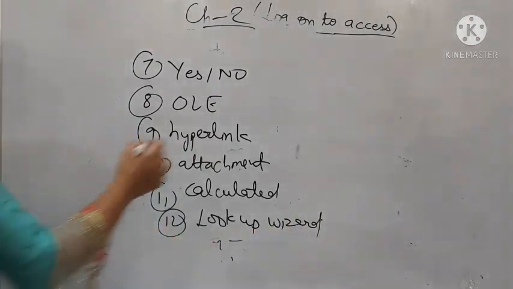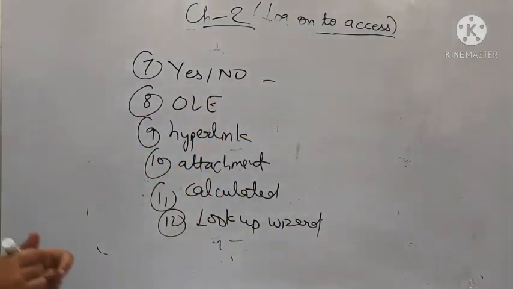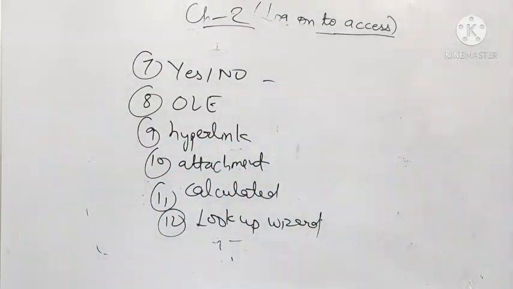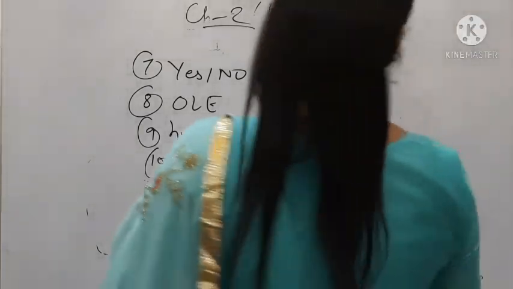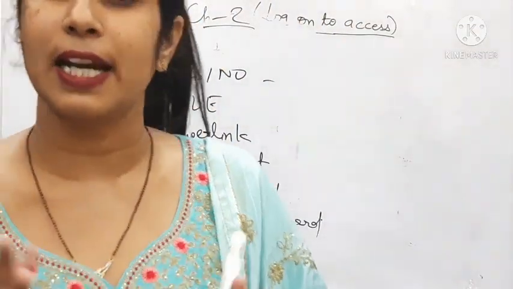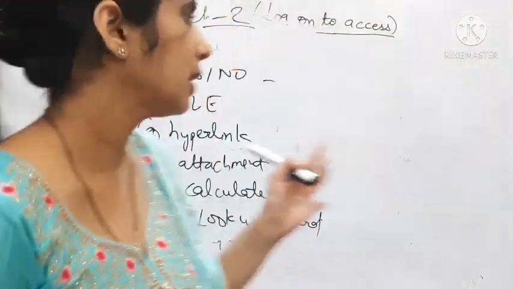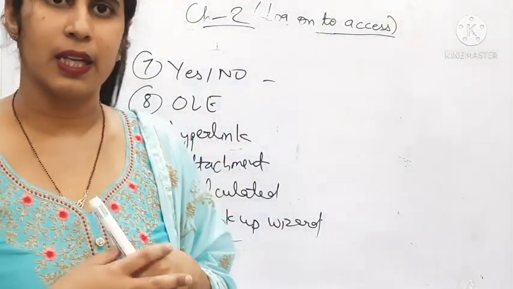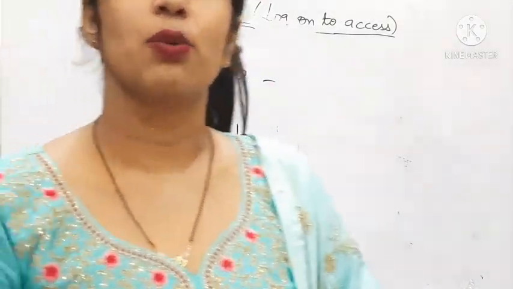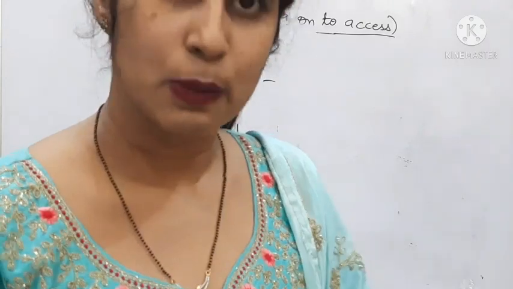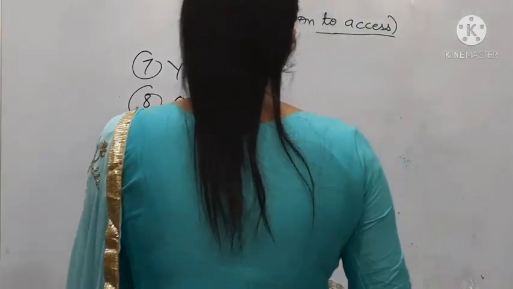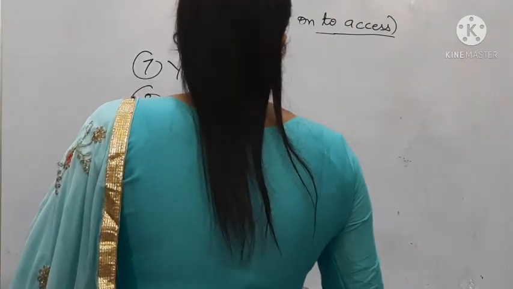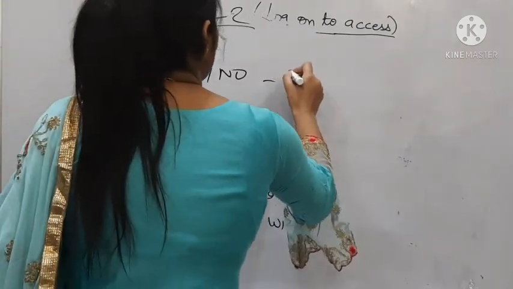Okay, so yes, no. Yes, no is a kind of data type, the place where we are using yes or no. So here we can use the yes or no data type. Suppose a student is male or female, so this kind of description we can do in the yes no field there. Okay, in the yes no field, whether the student is using the school transport or not, or is the student a hosteler, whatever it be. So it is the data type that stores one value.